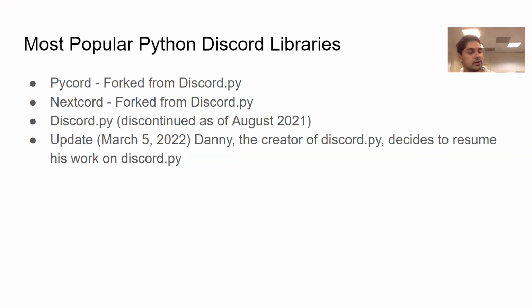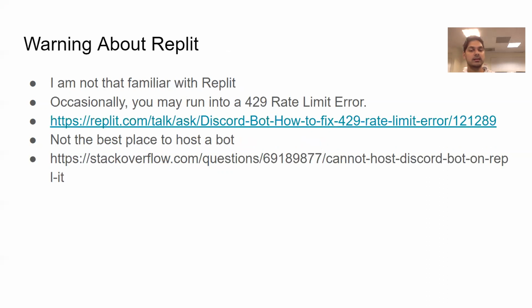Yeah, discord.js, for JavaScript, I think they have a lot more features than discord.py, because discord.js is the most used. But JavaScript is a bit more complicated in terms of using it with Discord. So Python I feel is a lot better.